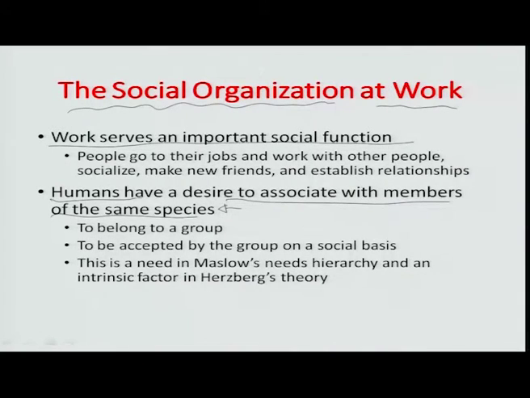And therefore they generally would like to belong to a group, they would like to be accepted by the group on a social basis. And of course there is a need-based psyche, directly coming from Maslow's hierarchy of needs or even Herzberg's theory, that explains the reason why they would like to associate in this manner in